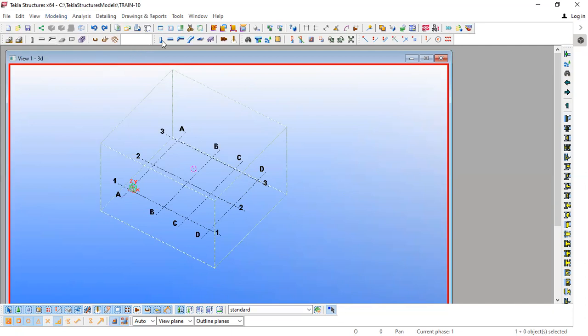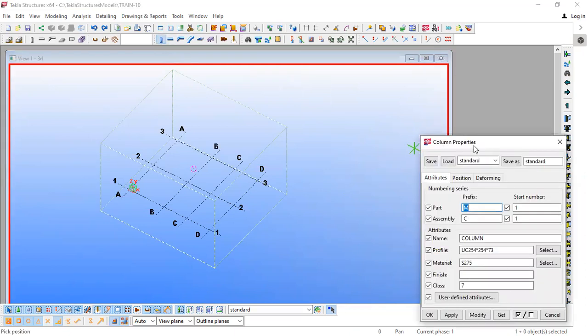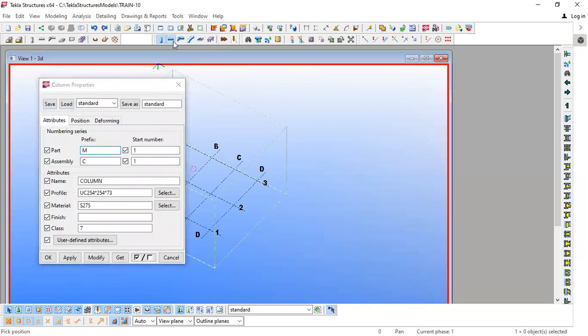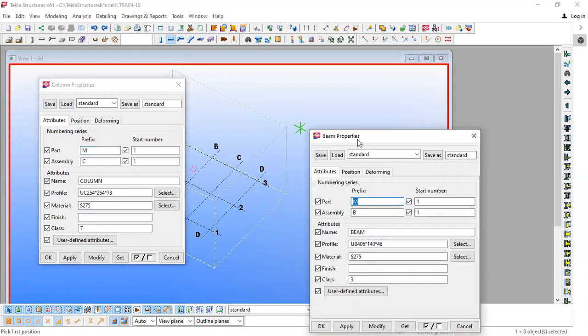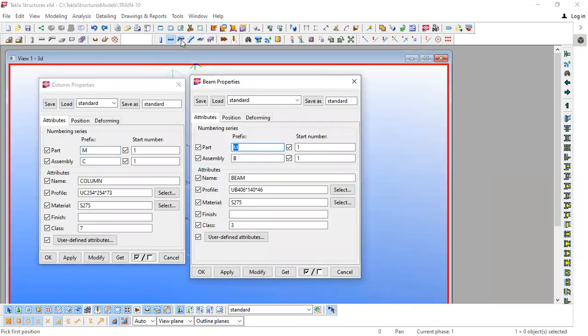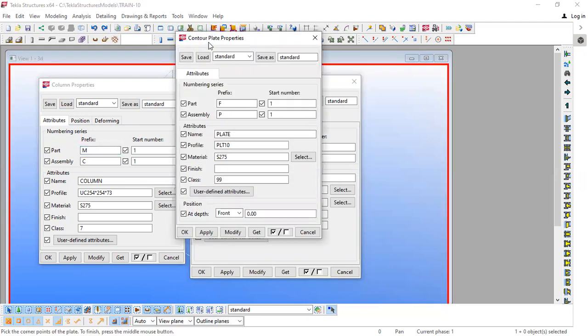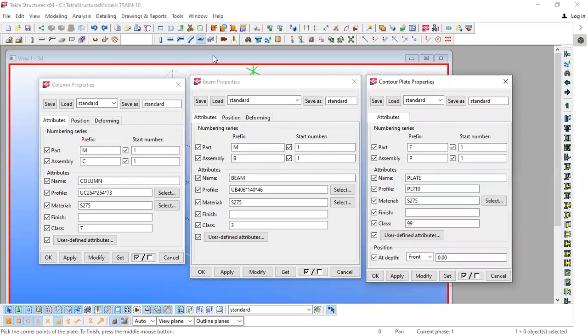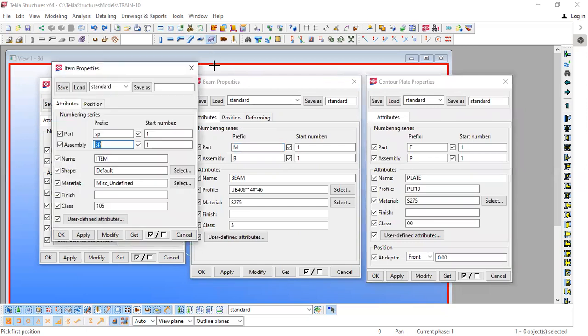Then we have these basic member properties which we are seeing here: column property, beam property. Then we have polybeam, which is derived from beam itself. Curved beam is also derived from beam. Then we have plate, contour plate. Then we have item. This is the item property.